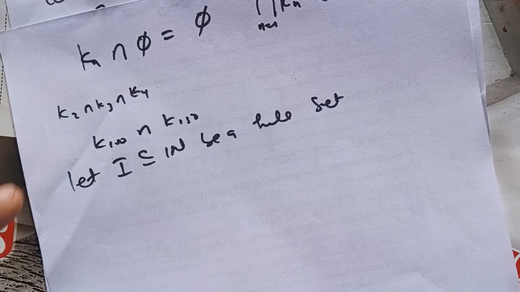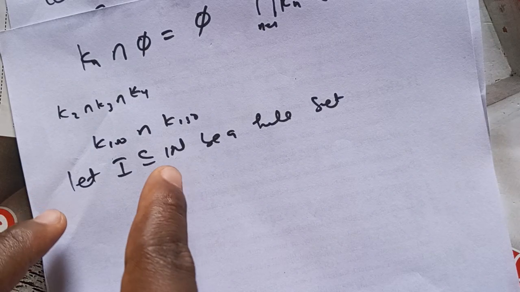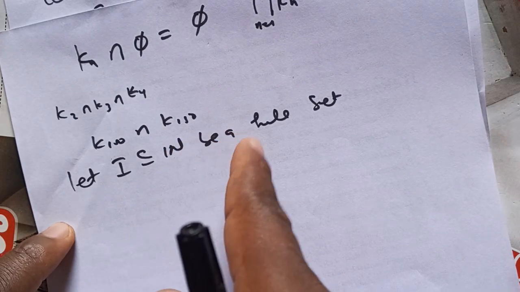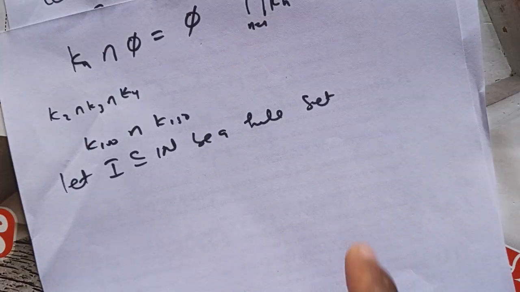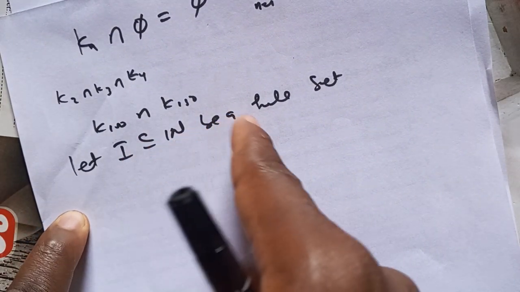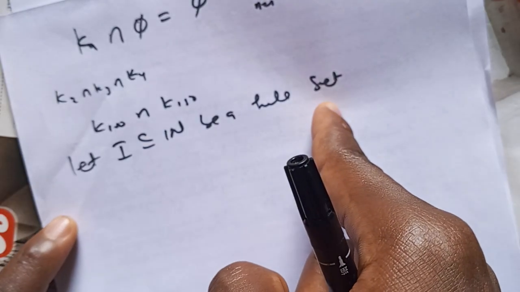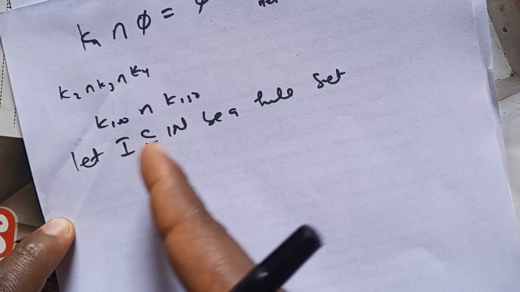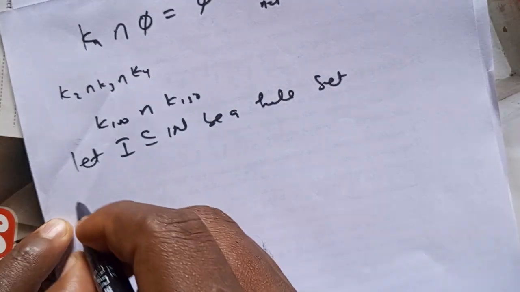So let I, a subset of N, be a finite set. Now if I, a subset of N, is a finite set, what does this imply? Then this implies that